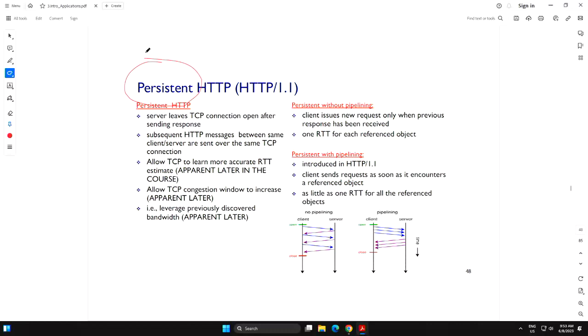What's the benefit? Exactly. So remember, one round trip time to open a TCP connection. You are now amortizing this cost over multiple objects. So if you have 100 objects, it's one round trip time over 100 object downloads. But before, it was 100 round trip time overhead. So the savings is immediate and scales very well once you have complicated web pages.